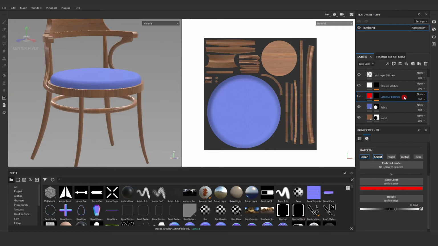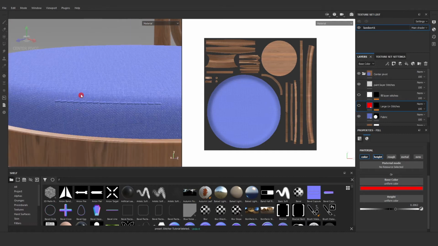Second, we need to create a paint layer or a fill layer to create stitches, but the paint layer is not recommended from our side. If you create stitches with a paint layer, you will not be able to change the color, height and material value after some time in a quick way. It is a tedious process, so I will explain. If I create stitches with the paint layer in blue color and need to change to red color, it is not able to change suddenly, because